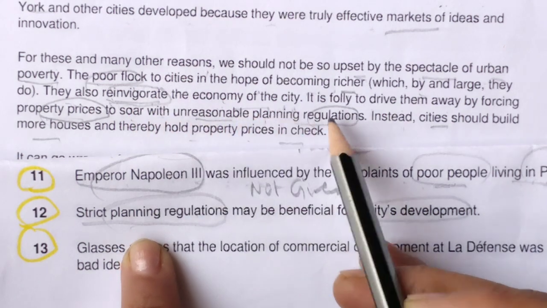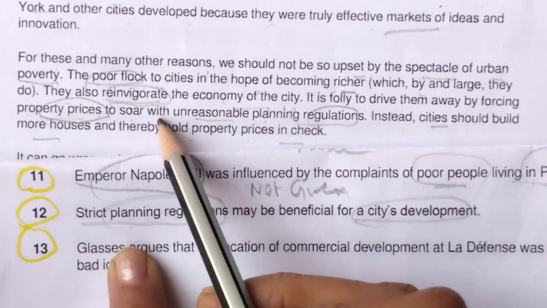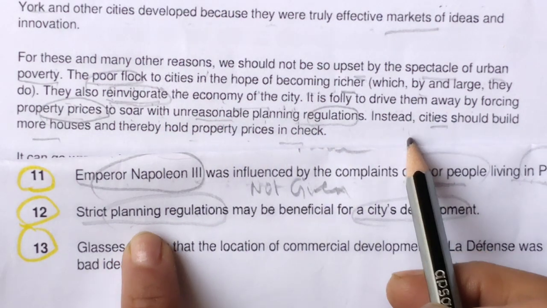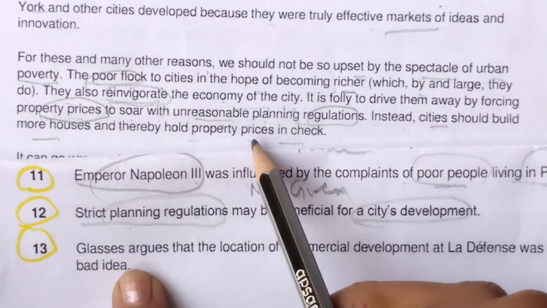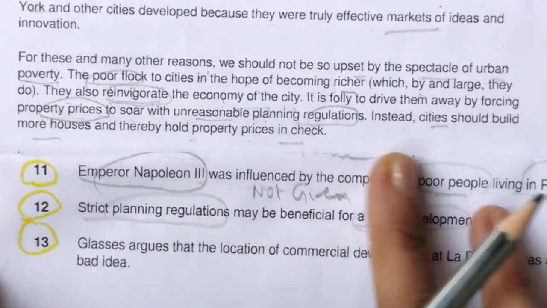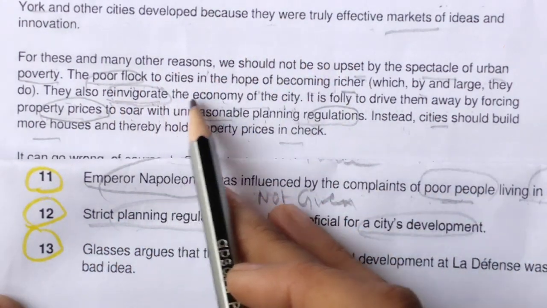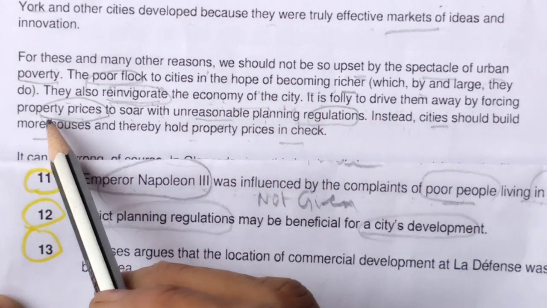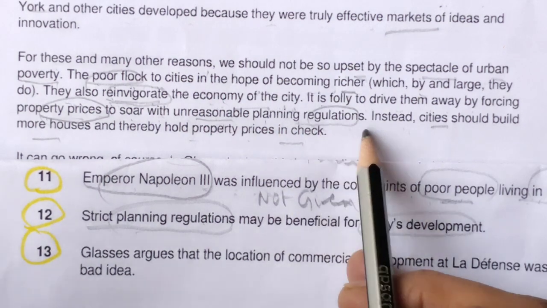Okay. They also reinvigorate the economy of the city. It is folly to drive them away by forcing property prices to soar with unreasonable planning regulations. Instead, cities should build more houses, thereby holding property prices in check. Okay, may be beneficial for the city's development. Development they were talking about here. It is folly to drive them away by forcing property prices to soar with unreasonable planning regulations. In such cities,